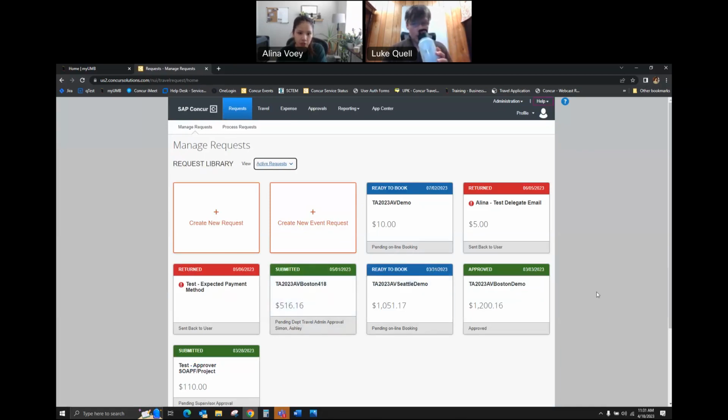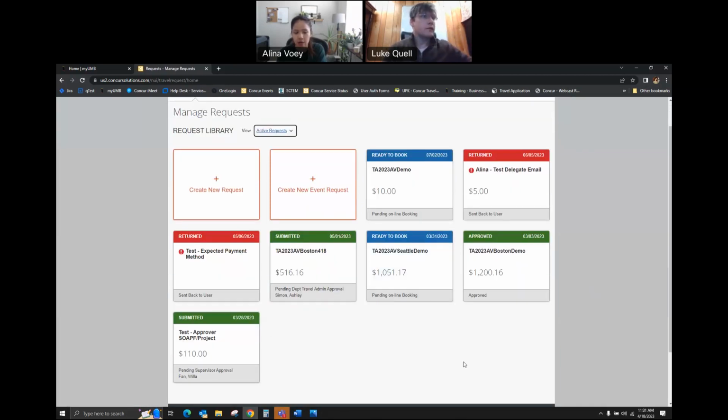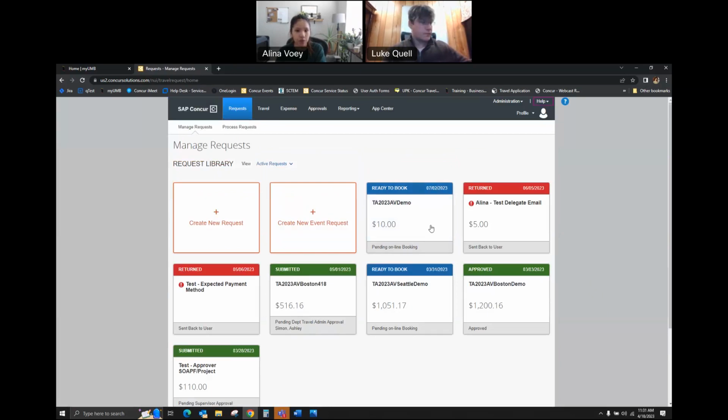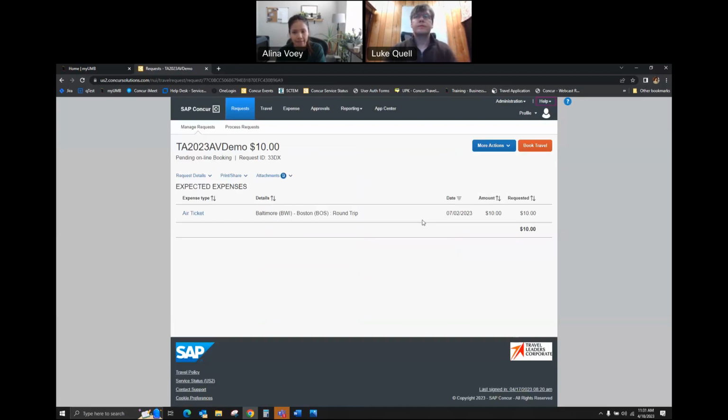Okay, so let's say that our trip has been fully approved. It will turn into this blue ready to book status, and at the bottom it says pending online booking. So we will go back into the request, and then up at the top right-hand corner, there is going to be a book travel button. So this is the only place where you should be booking your trip if you did select that book and